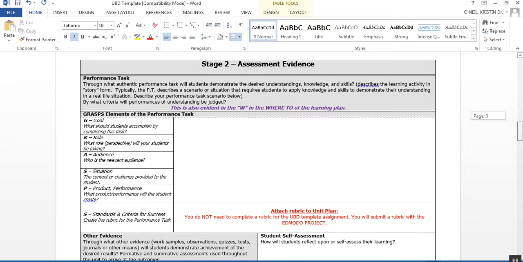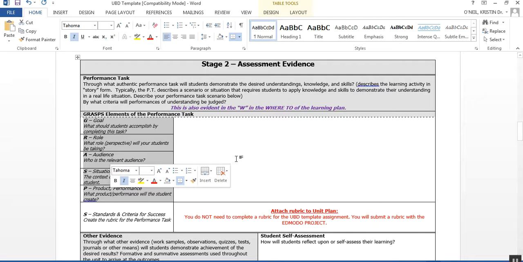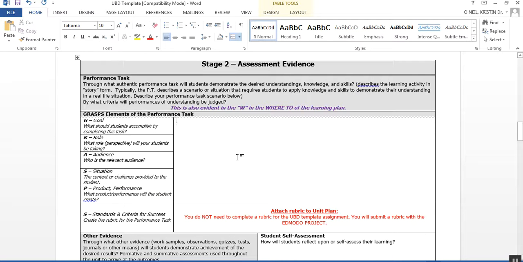Stage 2, this is our performance assessment. And for the purposes of this course, we're going to look at the GRASP assessment, which when we develop our performance assessment, and performance assessment means that we must perform something, we must demonstrate the learning. We're going to focus on our goal,